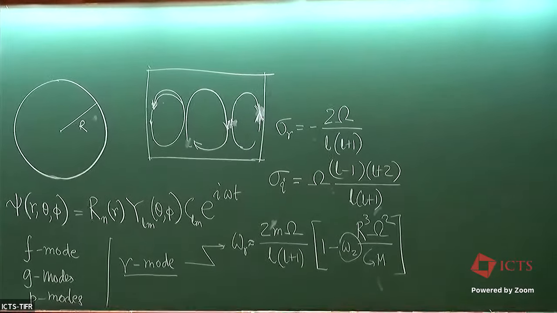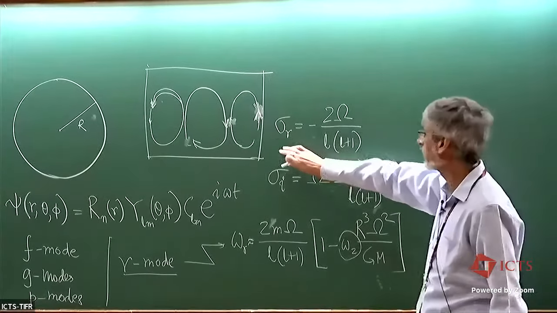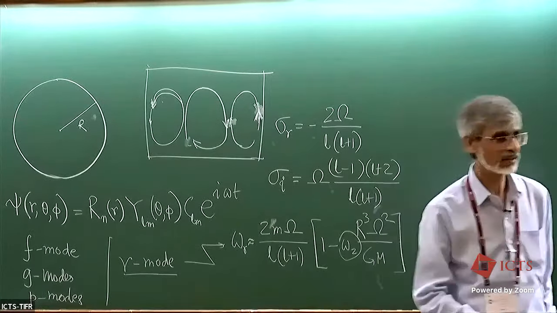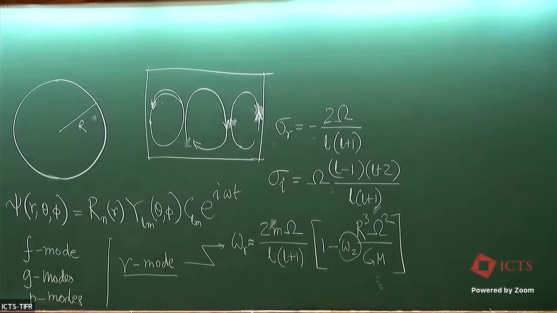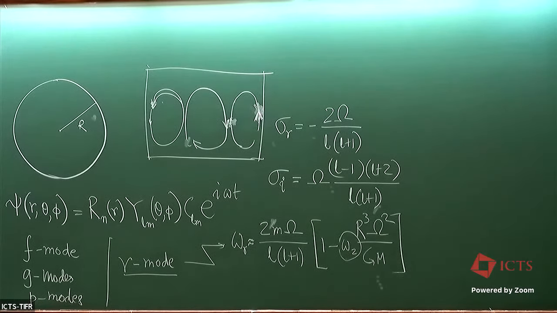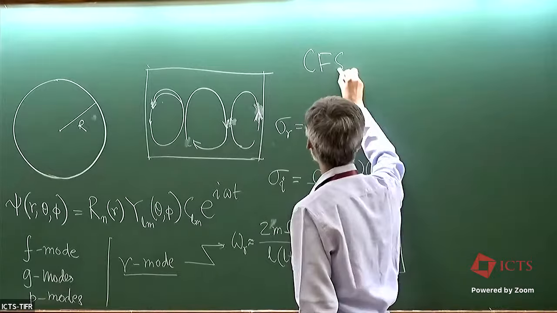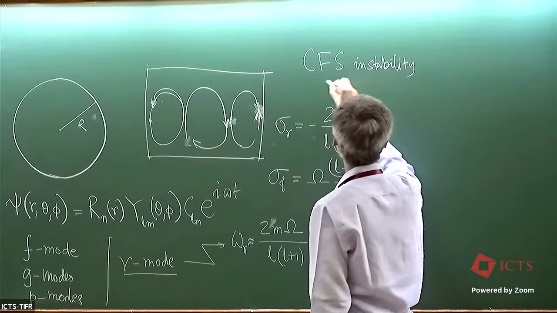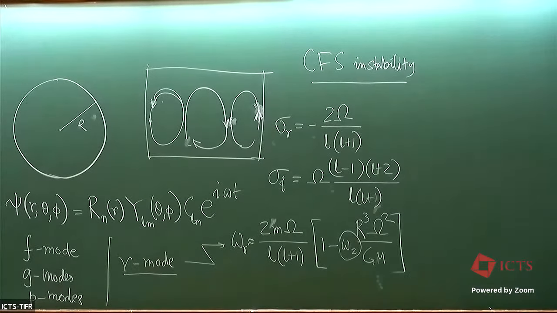So any such wave which creates density perturbation on the surface and is retrograde for a star-bound observer and prograde for an external observer is subject to what's called the CFS instability. This is the Chandrasekhar-Friedman-Schutz instability,